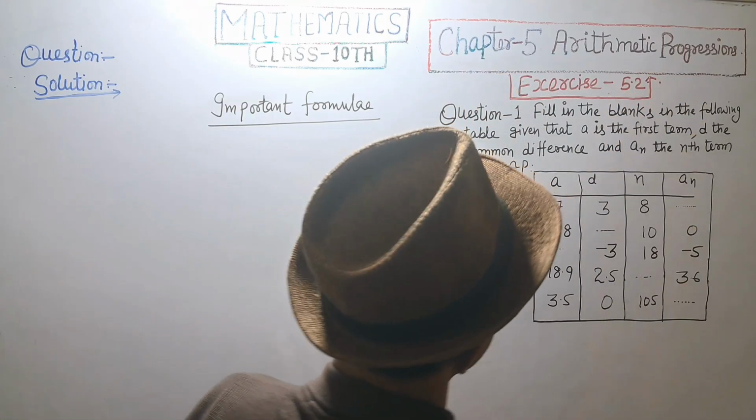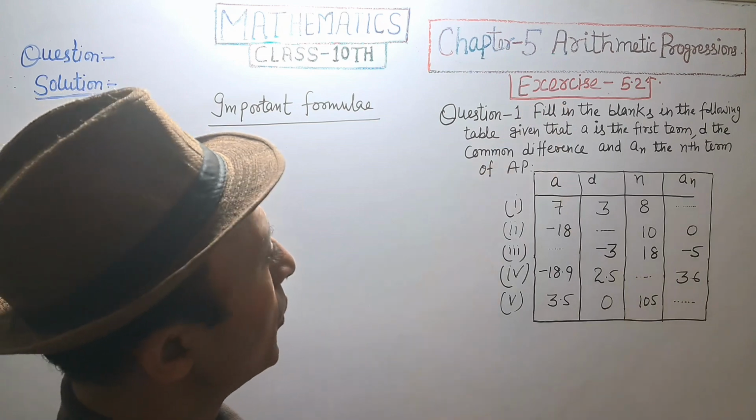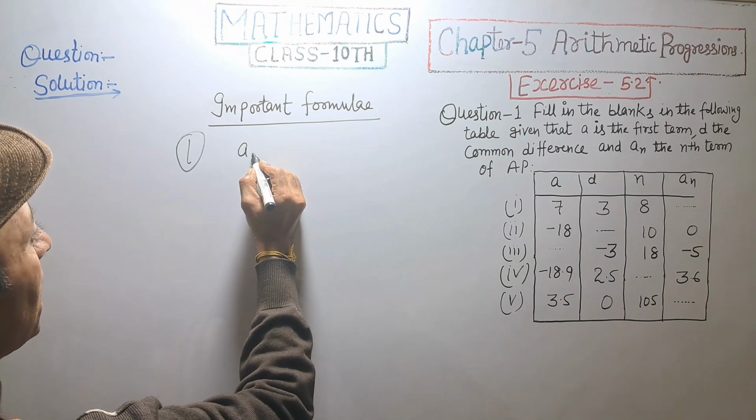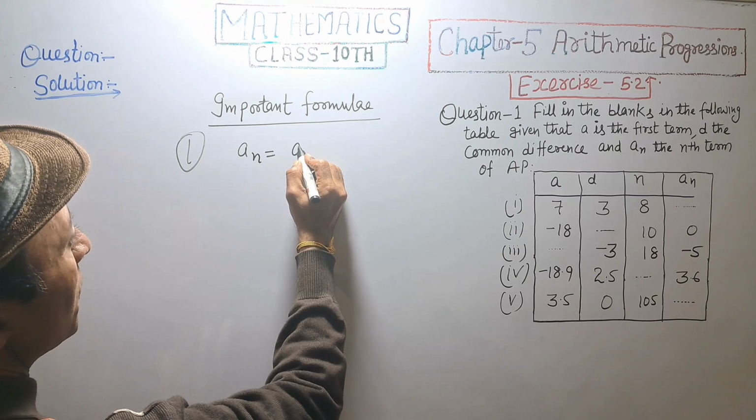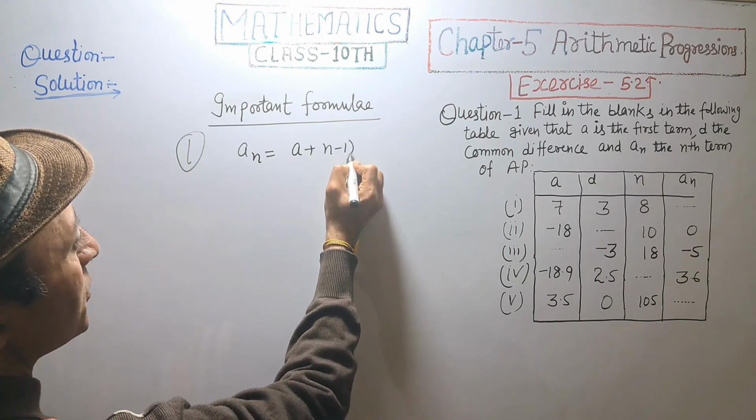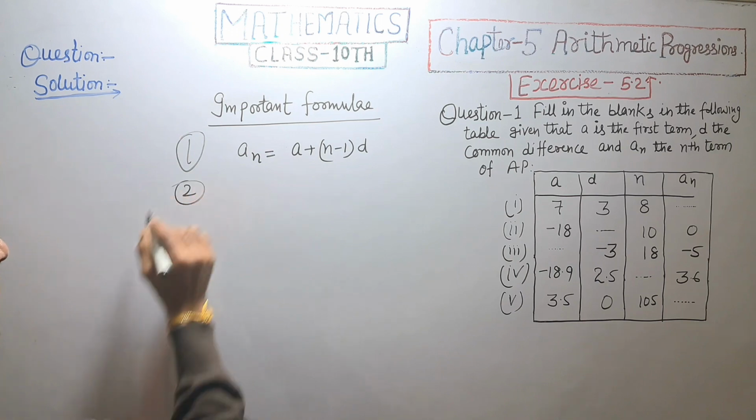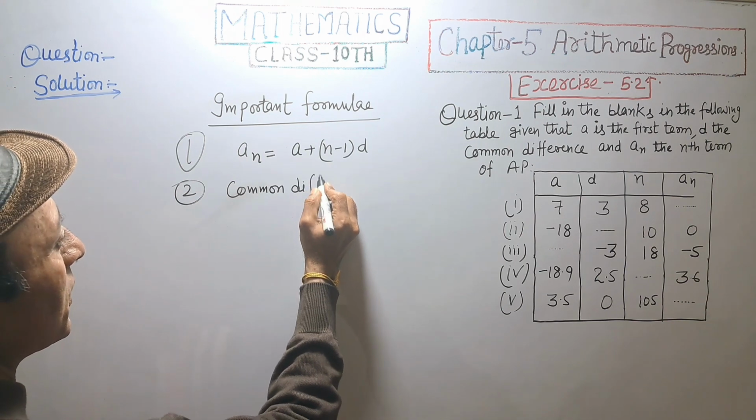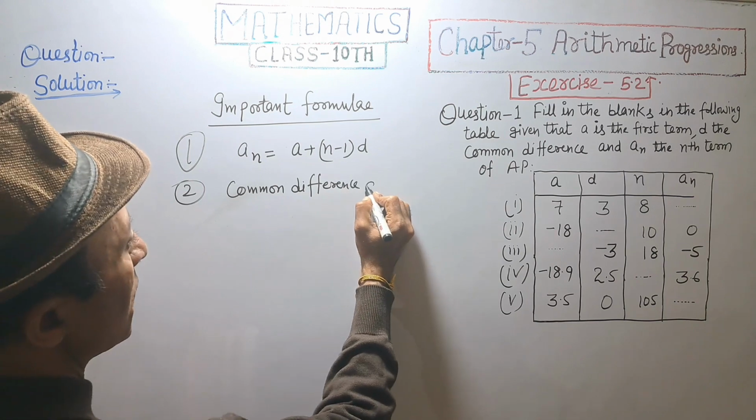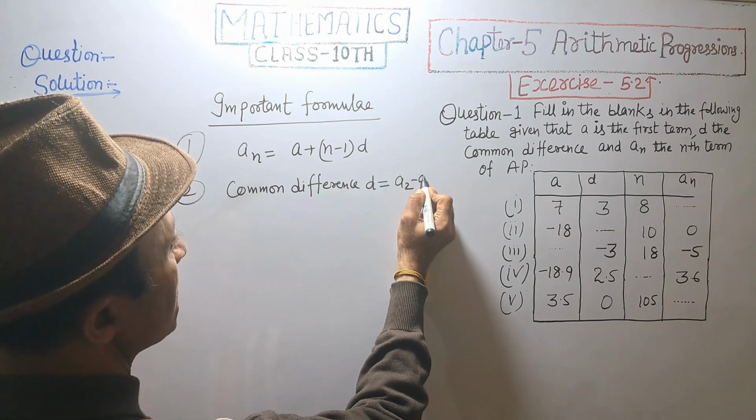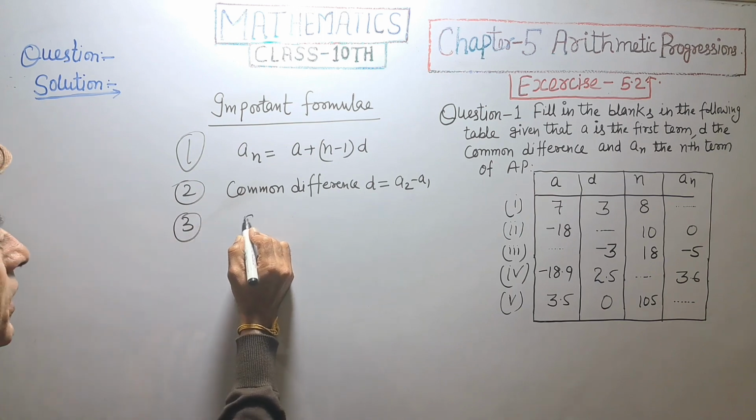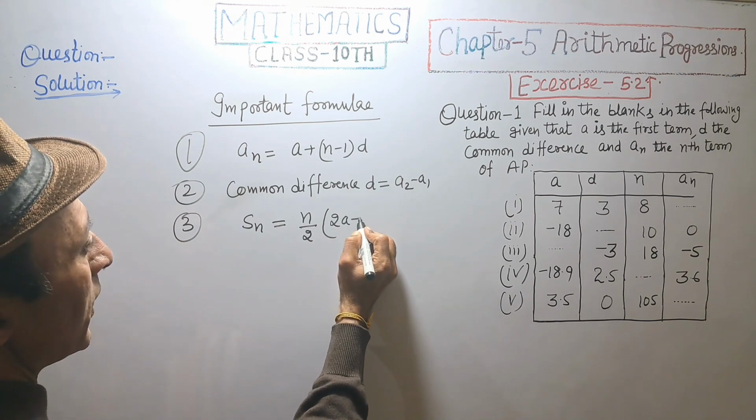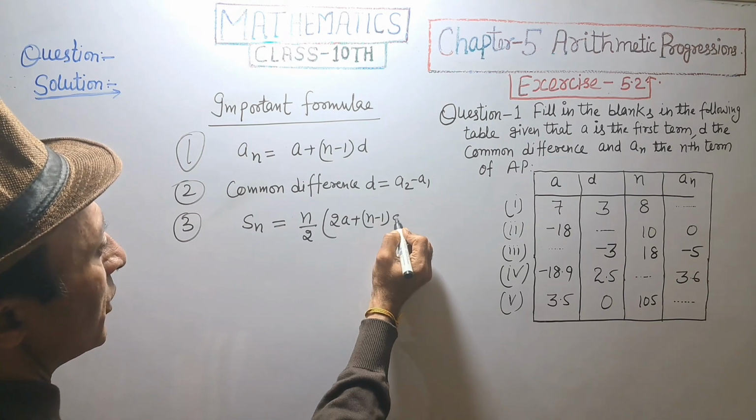आज चैप्टर 5 करेंगे अर्थमेटिक प्रोग्रेशन एक्सरसाइज 5.2 इंपॉर्टेंट फॉर्मूलीज। an is equal to a plus n minus 1 into d, and common difference d is a2 minus a1। थर्ड में sn is equal to n upon 2a plus n minus 1 into d।